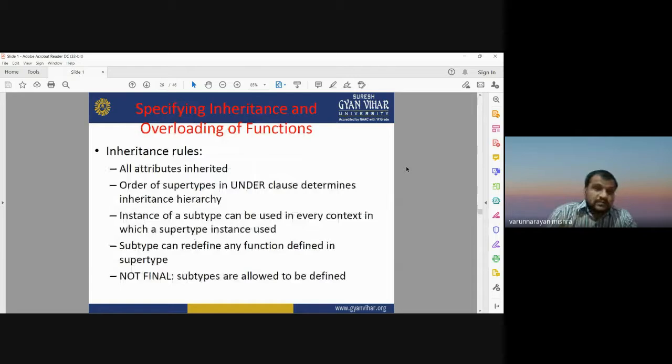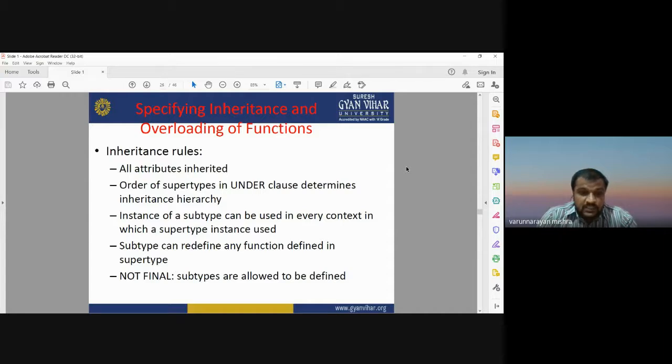So how to specify inheritance and overloading of the functions? For specifying inheritance, we need to follow these rules. First rule is that all attributes are inherited, and the order of the supertypes in the under clause will be used to determine the inheritance hierarchy. The instance of a subtype can be used in every context in which a supertype instance can be used.